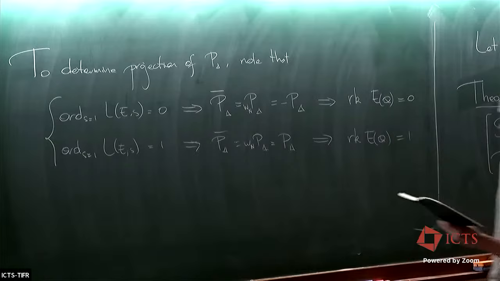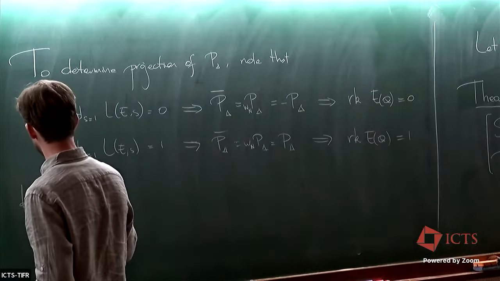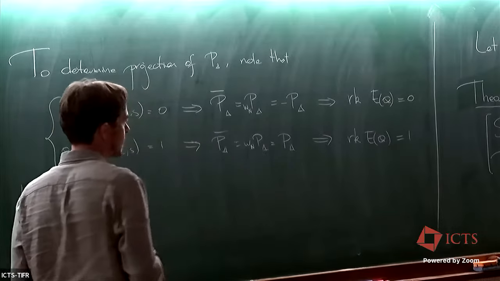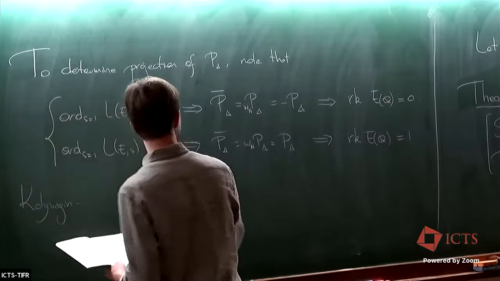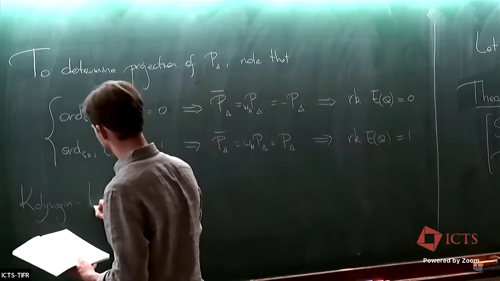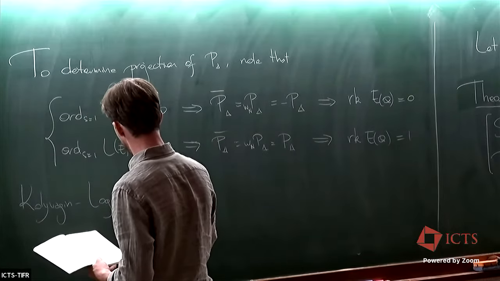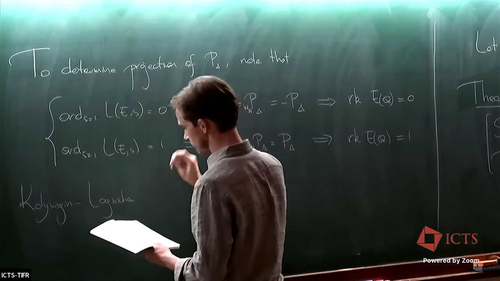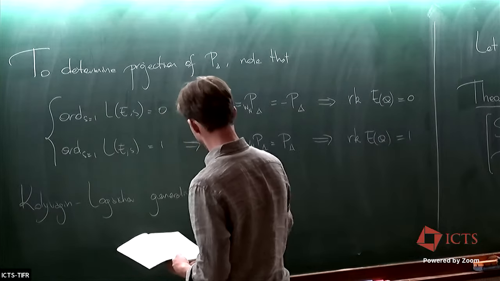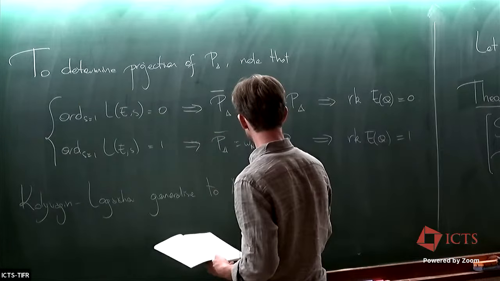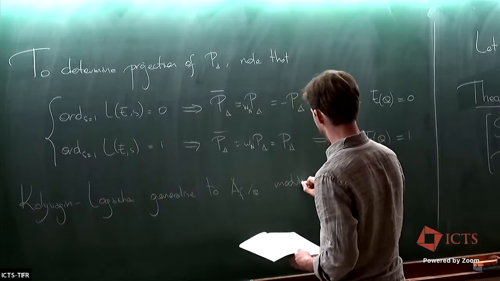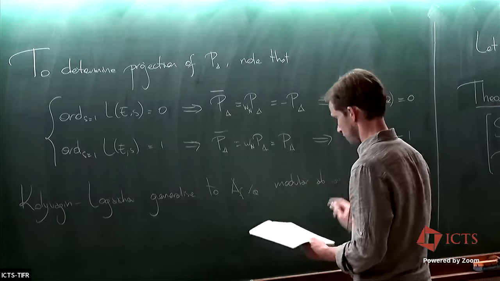Okay, I will just mention that I presented everything for elliptic curves, but it's very useful to know that essentially the same argument that proves this theorem, which I didn't go into, works without any change for modular abelian varieties. So you can find this in a paper of Kolyvagin and Logachev, and they generalize this to abelian varieties over Q that are modular, and they prove,